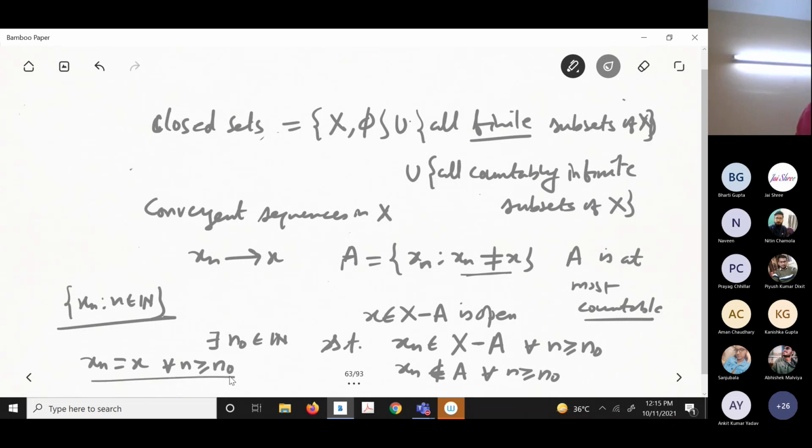That means it is eventually constant. After n naught, everybody has to be X. I am not saying that below n naught it may or may not be equal to X, but I am not concerned about it. So I have proved that every convergent sequence in (X, tau), where X is uncountable,